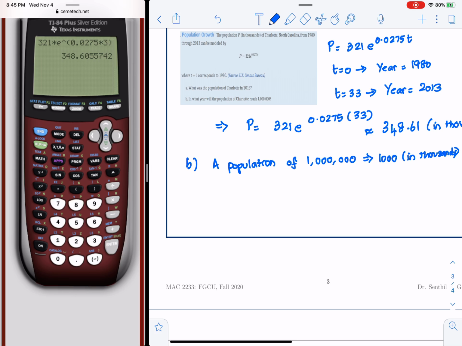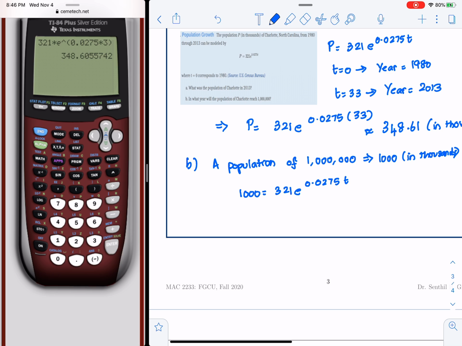So the question wants to know the time, t, such that the population is 1 million, which is simply 1,000 thousands. So we can set 1,000 equals 321 e raised 0.025275